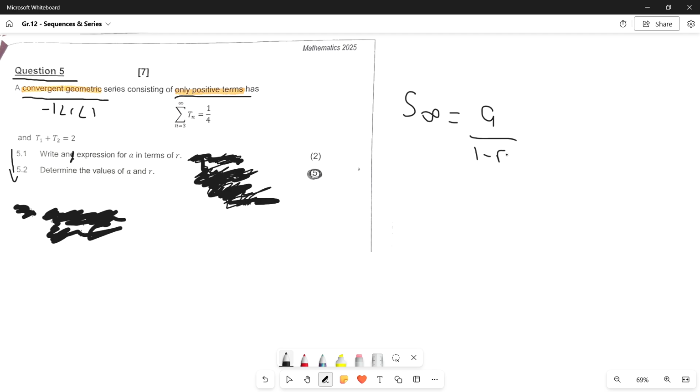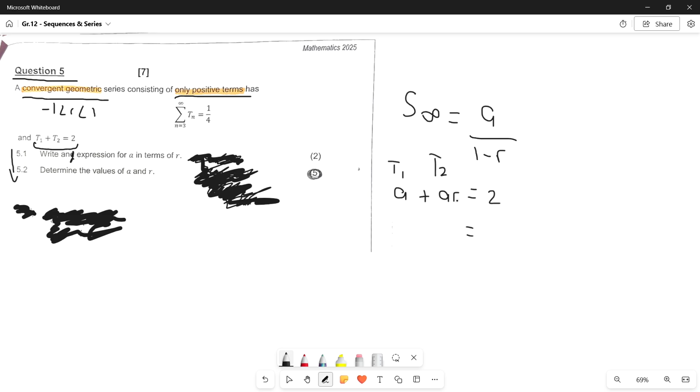So they want A in terms of R. So what we want to do is look at this portion over here, because T1 plus T2 equals 2. And what we spoke about when we were looking at the proof, how we split things up in terms of A plus D, in this case we're doing that but with a geometric, because we have A that's represented by term 1, and the second term is A multiplied by R, because the third term would then be A multiplied by R squared, and that would repeat. But what we know is that T1 is A, T2 is A plus R, and this equals 2 based on